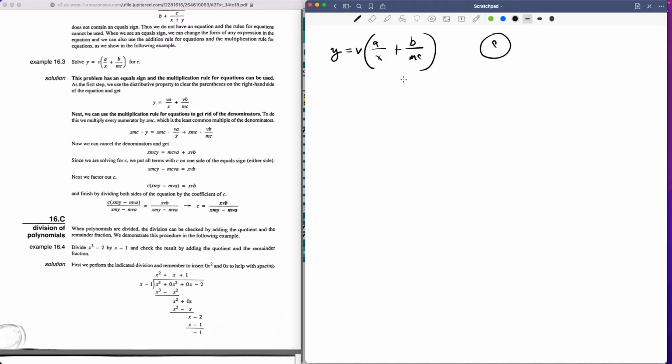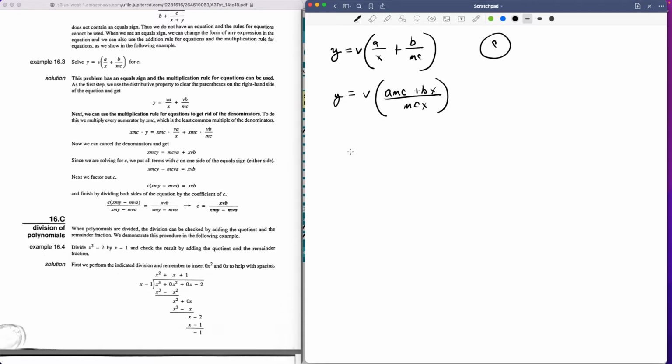So we don't really have any math to do. It's more about logic and moving these things around and finding the proper operations that will logically do that. So to solve for c, we've got to get c by itself. So our first step is going to be getting a common denominator here. So y is equal to v, and then that is going to be times. This is going to be multiplied by x, and this is going to be multiplied by mc, just like we would if these were prime numbers, right? So this is going to be amc plus bx over mcx,